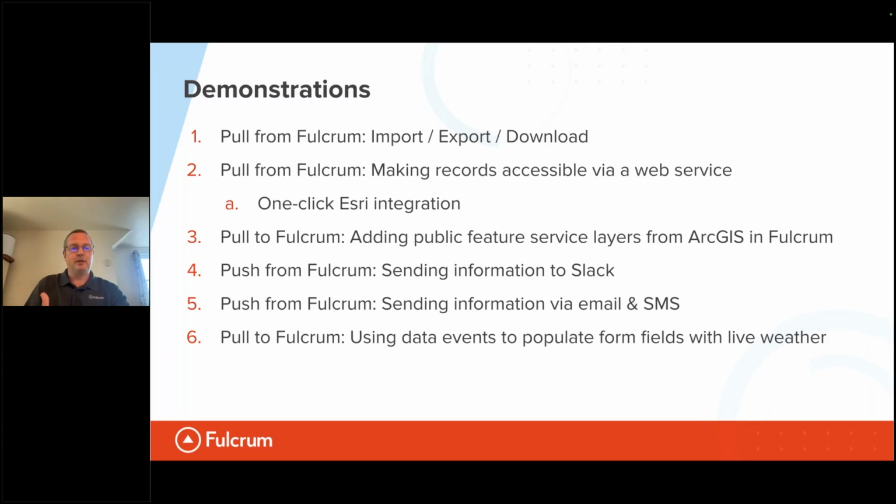Then, if I'm using Fulcrum, how do I pull information into Fulcrum? I'm going to show that with a feature service layer from ArcGIS in Fulcrum, a public one in that case. Then again, pushing data from Fulcrum, I'm going to send information to Slack. I'm going to send information via email. And then finally, I'm going to use data events to populate a form field with live weather. So I hope that's all interesting to all of you. I am going to